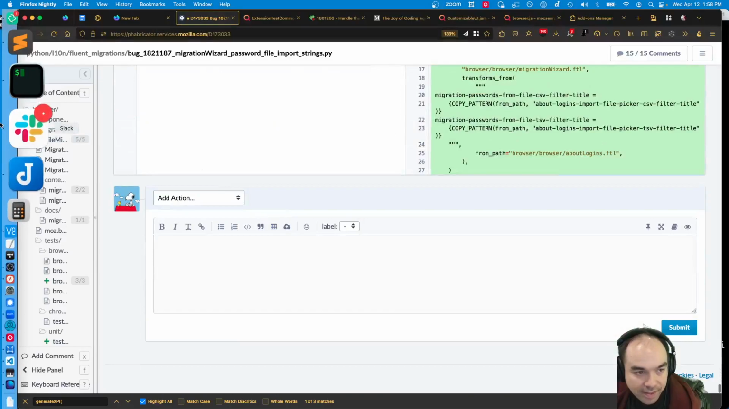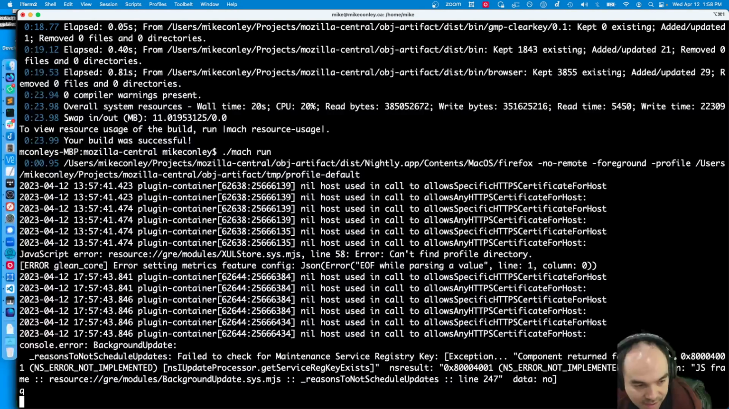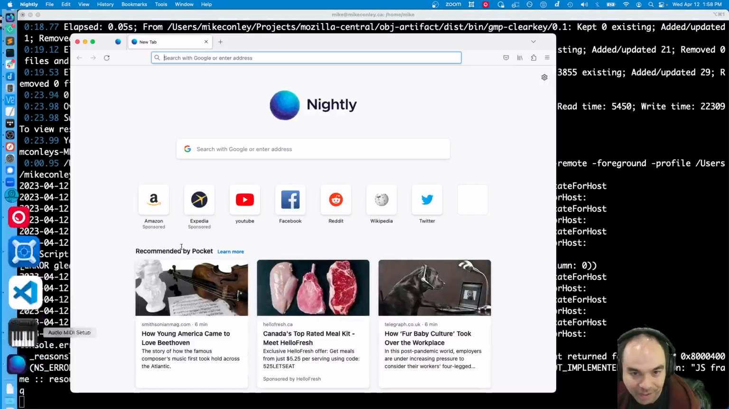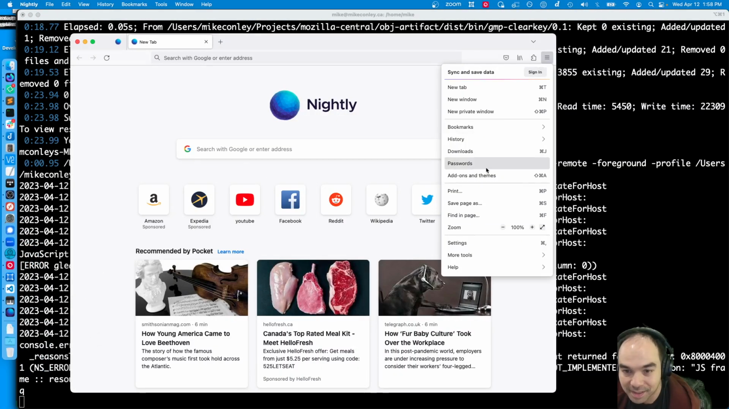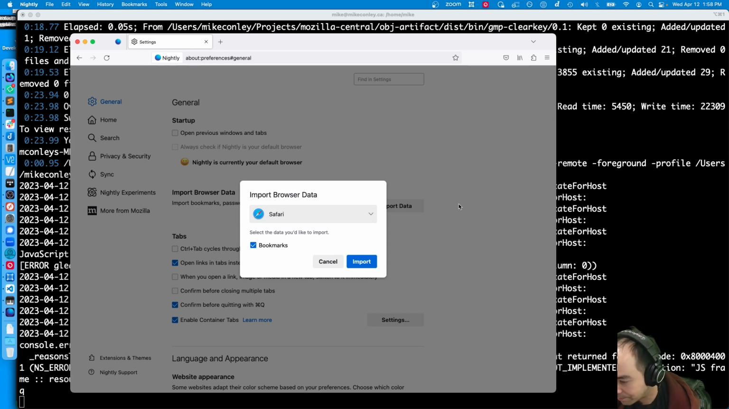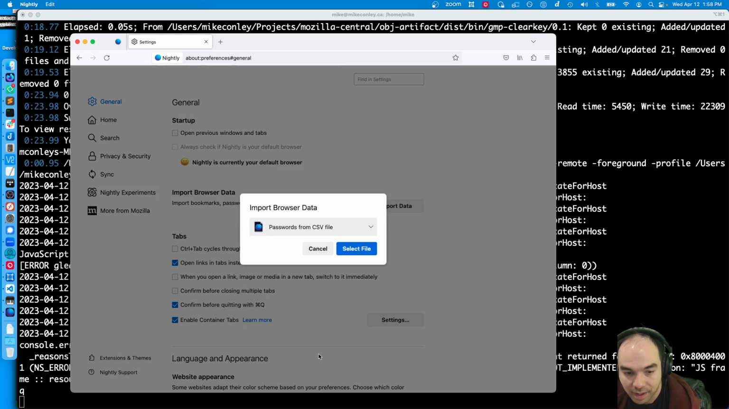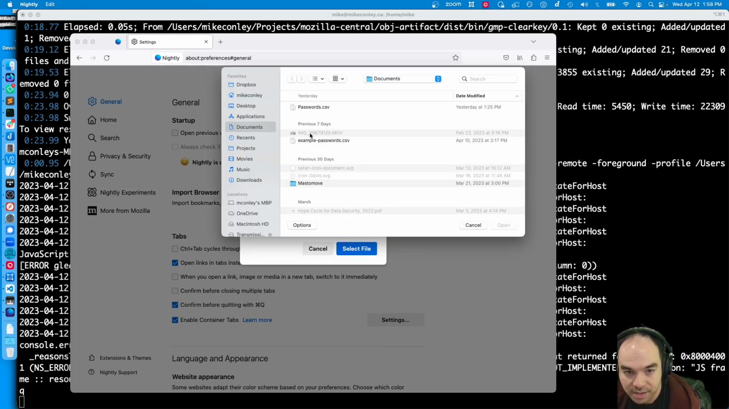So let's take a look at the feature. Sorry, I was just zipping by the patch. You probably weren't getting a whole lot out of it, but let's at least show you what it does, just so you can refresh your memory. So here we will now have this new item, passwords from CSV file, and then I can choose a CSV file, like